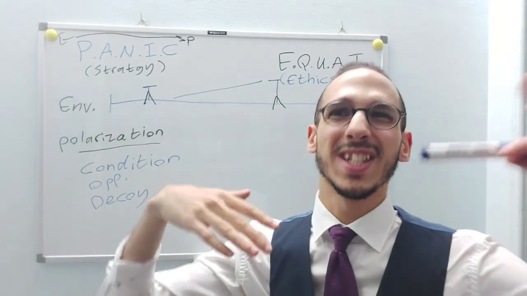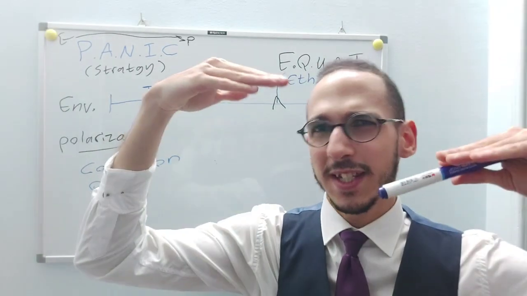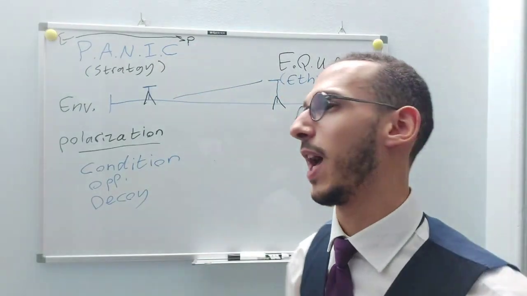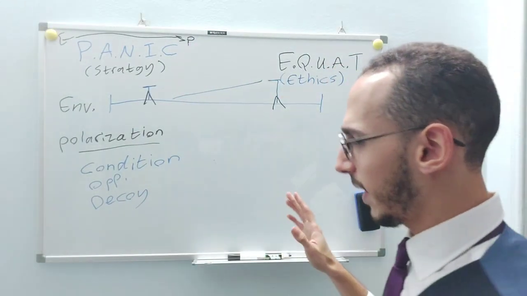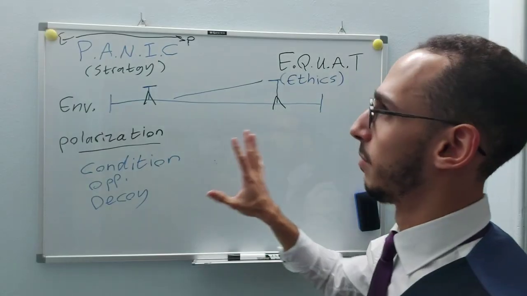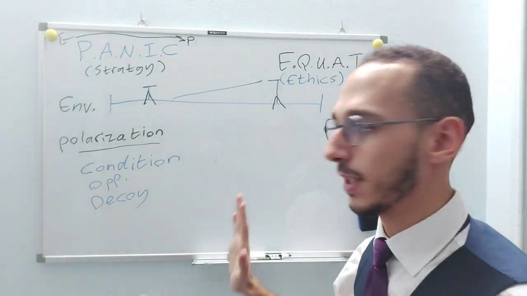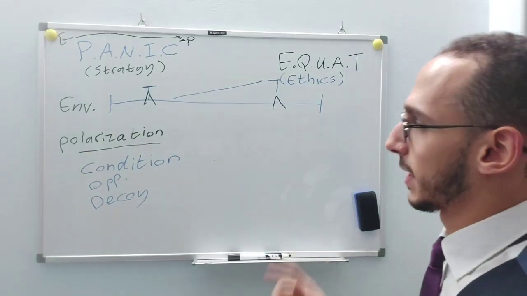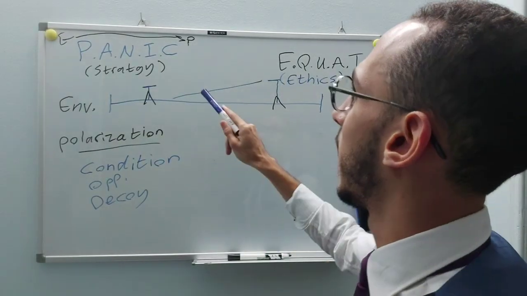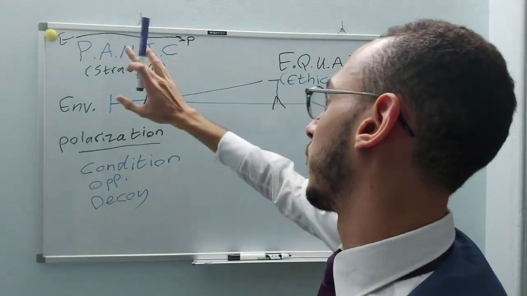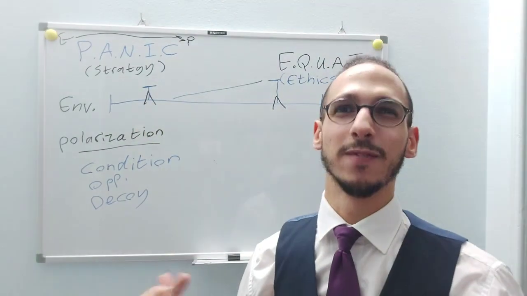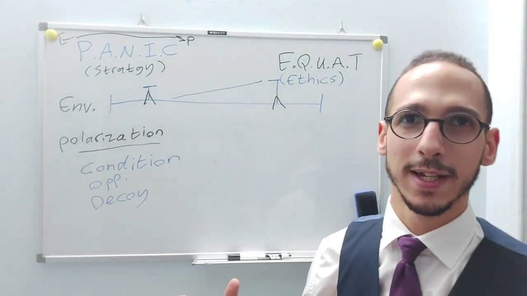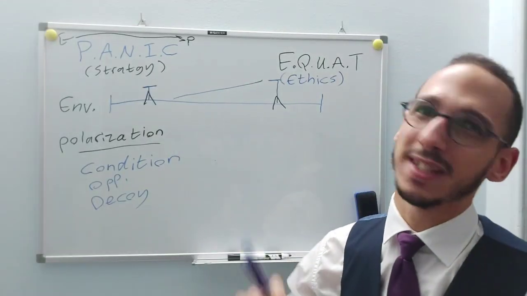Just to give you a sense of that, these are the 2 competing things, and then this might go down and this might go up and all of that, right? And so this is the process of polarization, highlighting 2 ends and so on and so forth. And by the way, just to get this out of the way, a very important note is that each of these individually are not necessarily evil things, but it's the context in which they're utilized and how they're utilized and the intention that makes them that way.